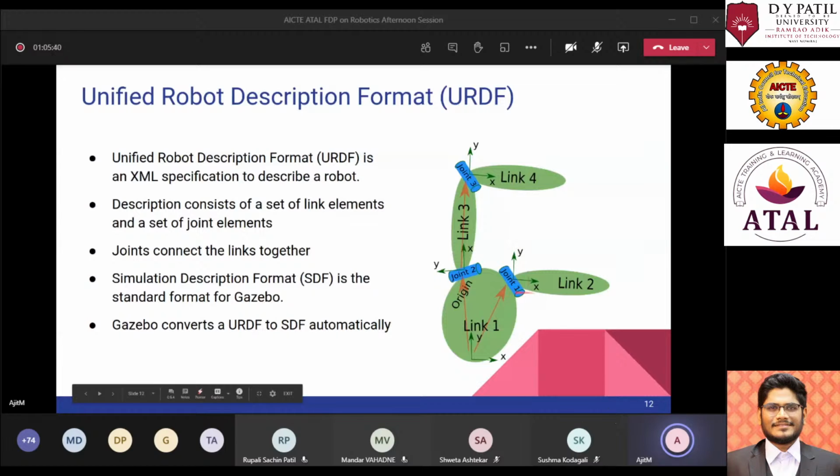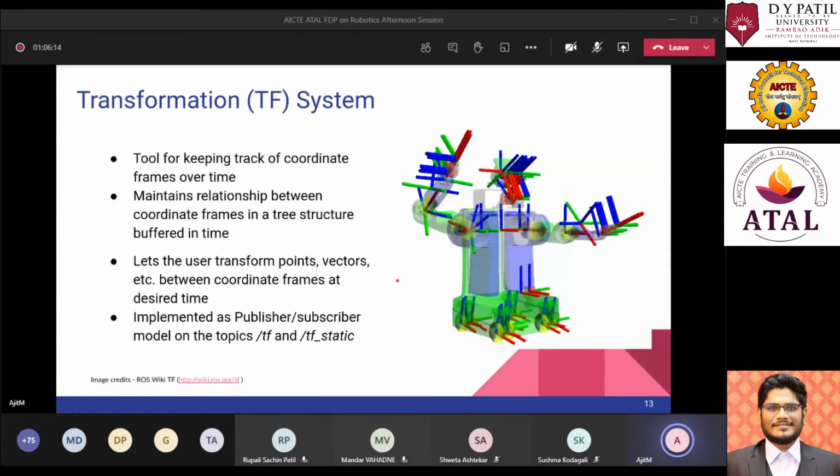We need to keep track of what is happening in these joints, because when we are talking about a robot, we need to understand how it is moving in the environment. If you have a 6 DOF arm, you need to understand how that arm is moving in the environment to plan things, or to come up with a path to reach some goal which has been presented to it. For this, there is a transformation system available in ROS, which is usually called TF.